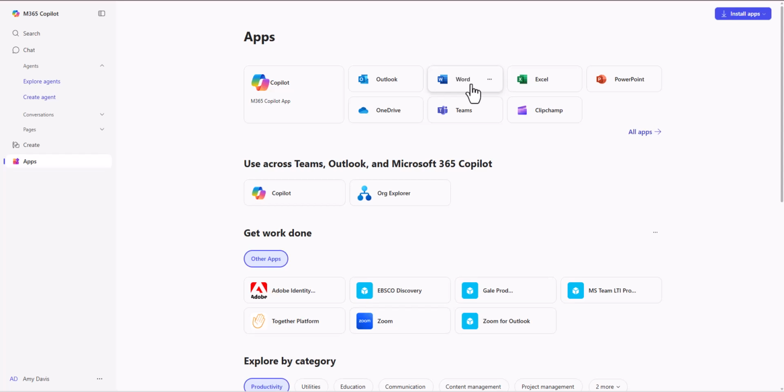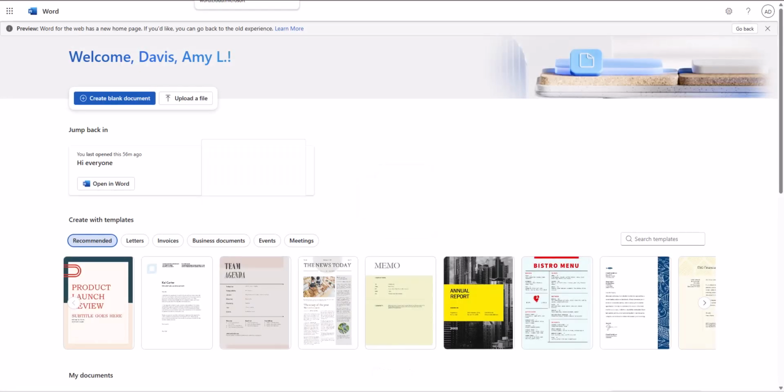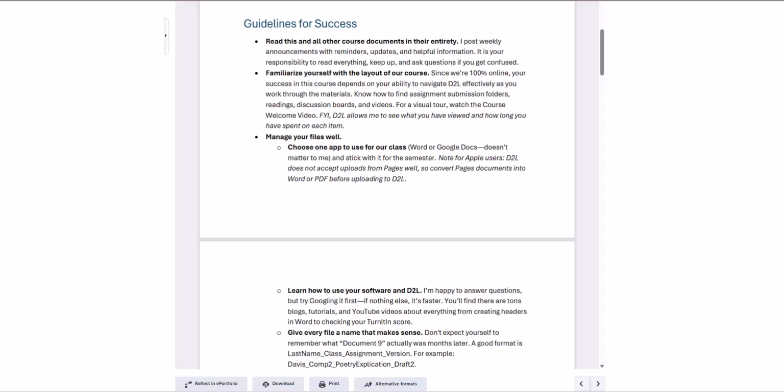So go here to apps, and you have Word, you have Excel, you have PowerPoint, you have all sorts of stuff. But Word, you can write your essays in Word, and that works great. So just know that Pages on Mac does not upload to D2L,